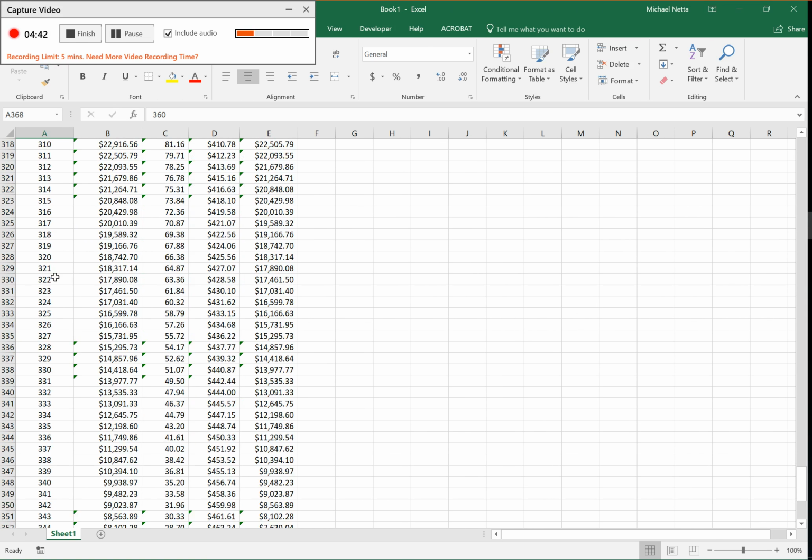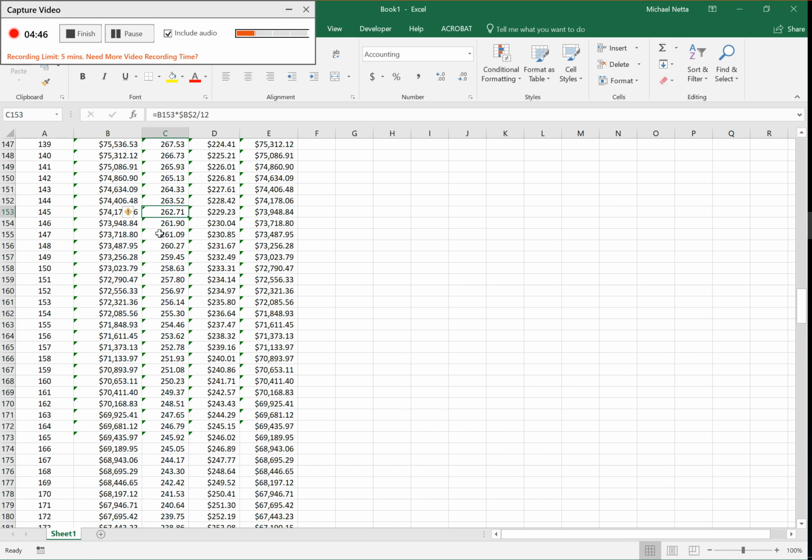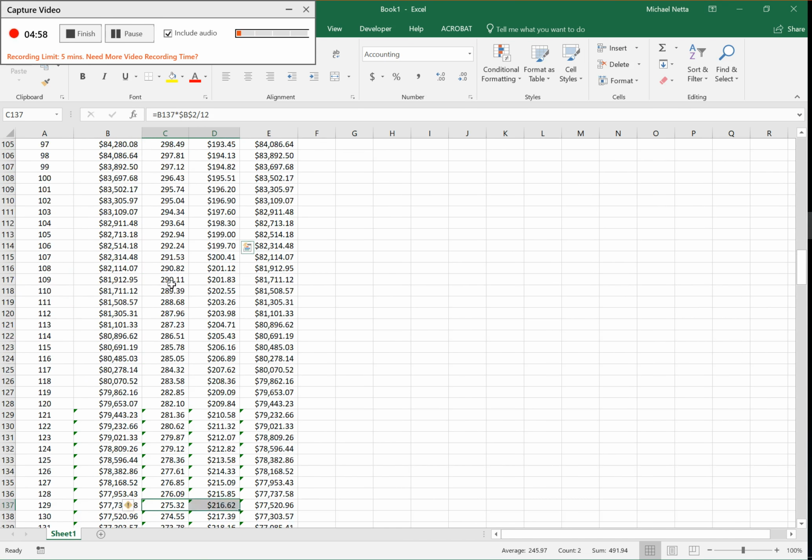So as you can see, the amount of interest you're paying is decreasing payment by payment, where the amount of principal you're paying increases payment by payment. The sum of any of these two payments is always going to be